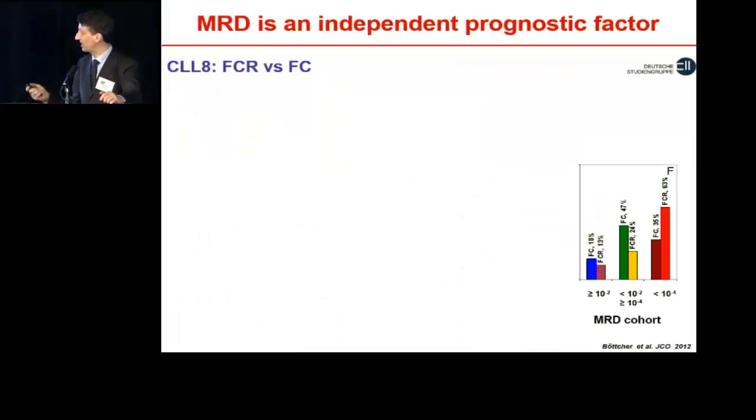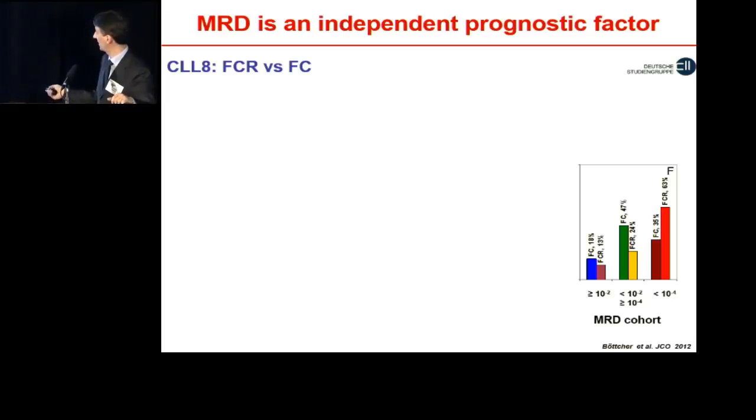The most relevant work to confirm the relevance of MRD is, of course, the study done in the CLL trial, the FCR versus FC German trial, and they indeed show that, first of all, they define different thresholds of MRD: less than 10 to the minus 4, which is the negative threshold, then an intermediate level between 10 to the minus 2 and 10 to the minus 4, and then more than 10 to the minus 2. The first important thing is that, of course,